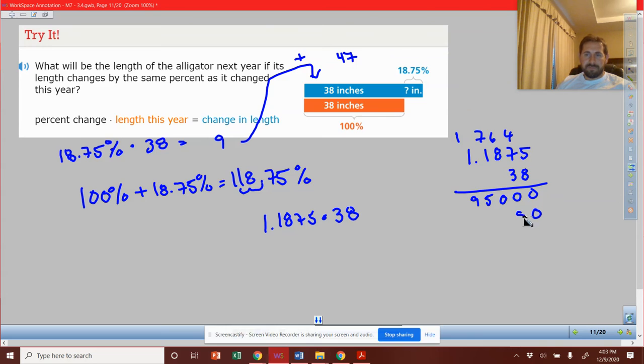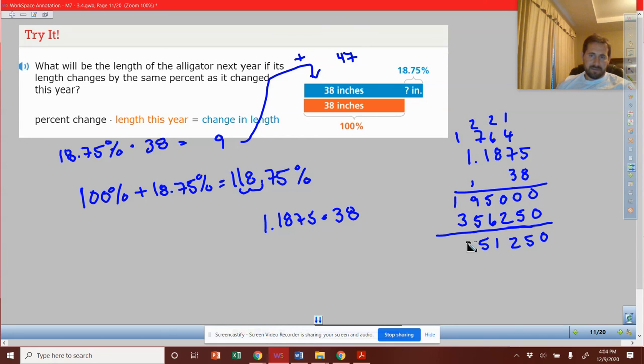3 times 5 is 15, so now we're carrying a 1. 3 times 7 is 21, plus that 1, we're at 22. 3 times 8 is 24, plus the 2, so now we're at 26. 3 times 1 is 3, plus the 2, we're at 5. And then 3 times 1 is 3. So let's add this up. 0, 5, 2, 11,